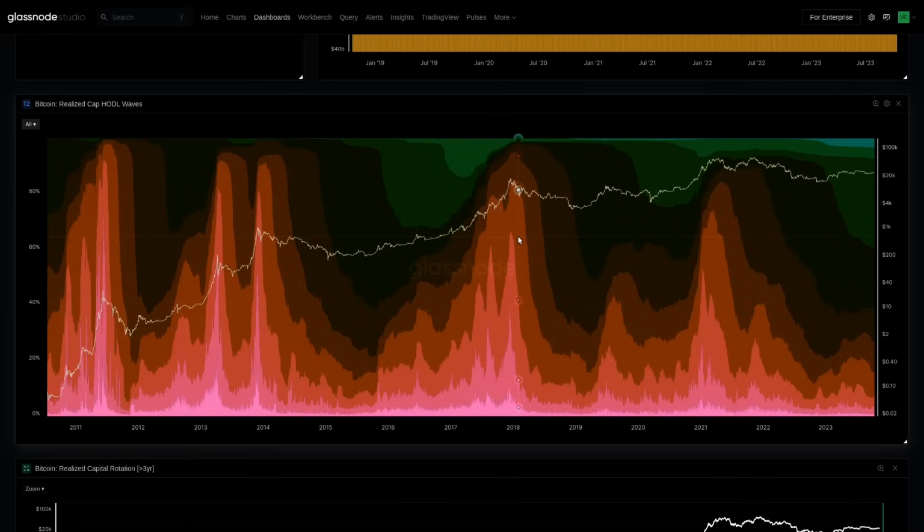In the traditional HODL waves, we're looking at a BTC denomination. So of the total supply, how many of the coins themselves are actually in those buckets? Now, generally speaking, some people obviously think about things in terms of BTC value, but the problem with the original HODL waves is that Satoshi's coins, for example, 1.1 million Bitcoin which are over 10 years old, would otherwise be in the purple zone, which, as you can see in the realized cap HODL waves, is extremely small, basically non-existent.